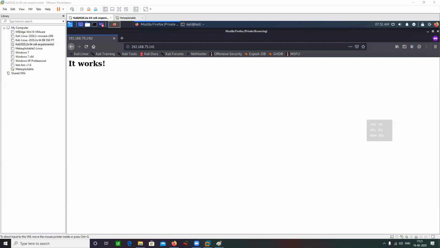But now do I know where I can proceed next? I do not have any working website here. I do not have anywhere to click, anywhere to go from here. No redirection, nothing. No directories, nothing. Is it a dead end for me while enumerating port number 80?